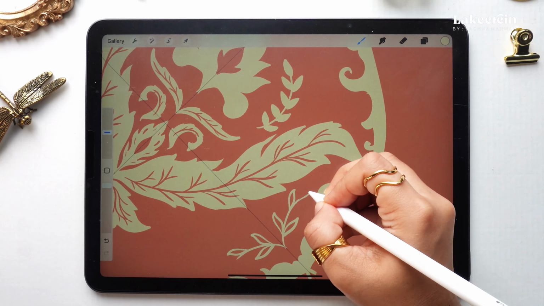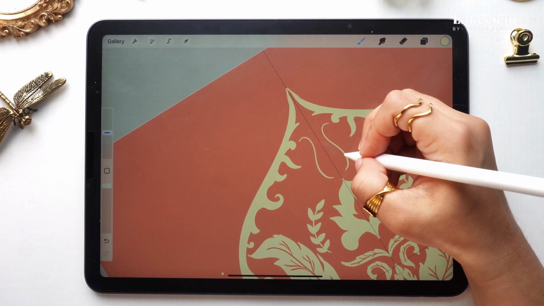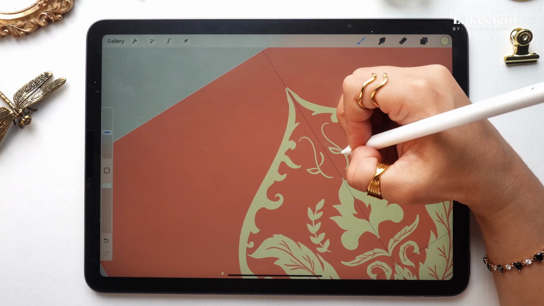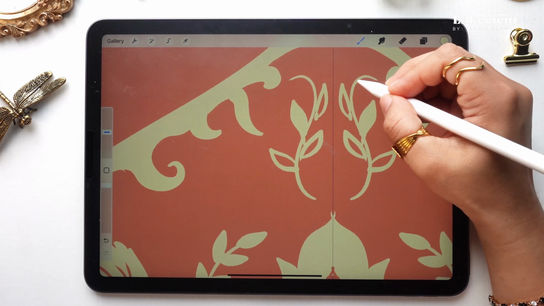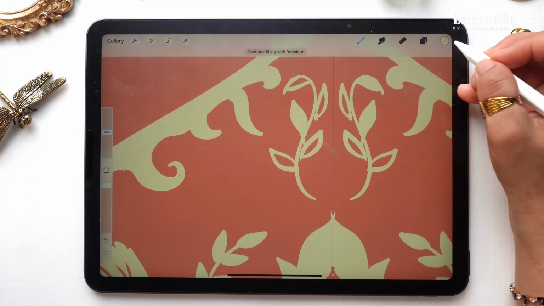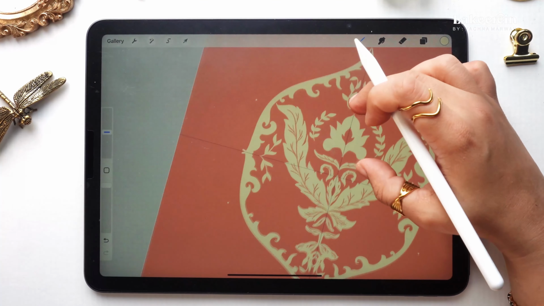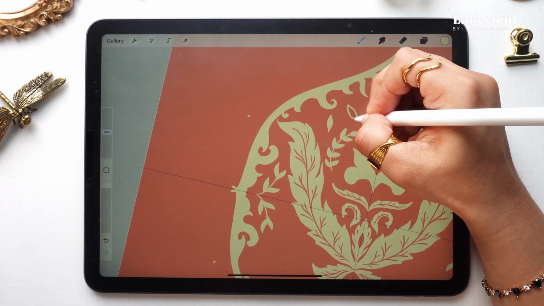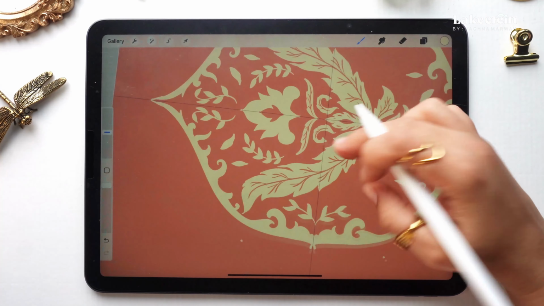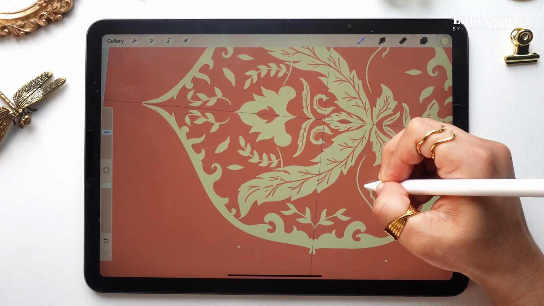So if you wish to do something here also, maybe you can try to create more of these, make it a little bit more interesting. So maybe you can try to create here as well. The end part can also end with the leaves. So this is how it needs to be done. And whatever the extra part is there, you can fill it up with leaves, single leaves or double leaves like this, or you can simply make a sort of extension from here.